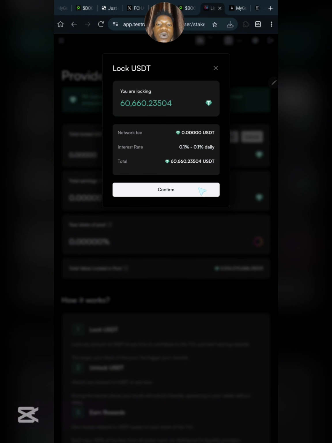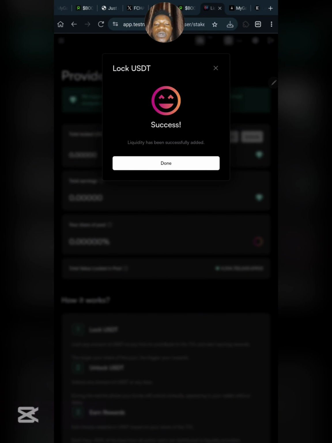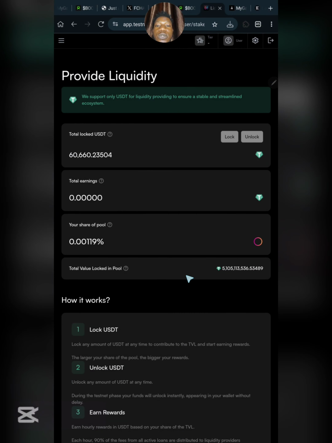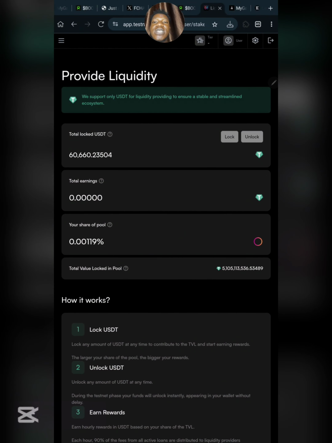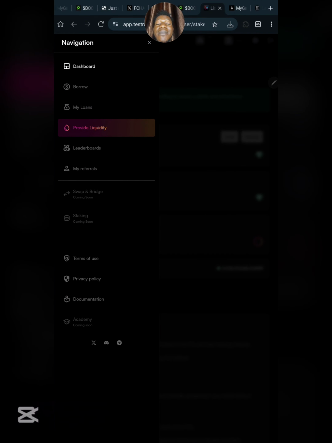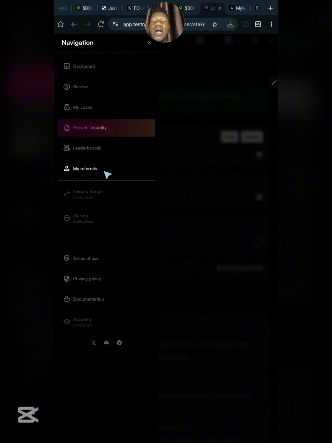You click on lock, and you are going to be providing the liquidity by just confirming this little transaction right here. And now we are done providing the liquidity. I will click on done, and once you click on done, you can see that you have now provided liquidity. You need to repeat this process many times before you can earn a reasonable amount of points. When you scroll down again, you are going to see referrals right here.